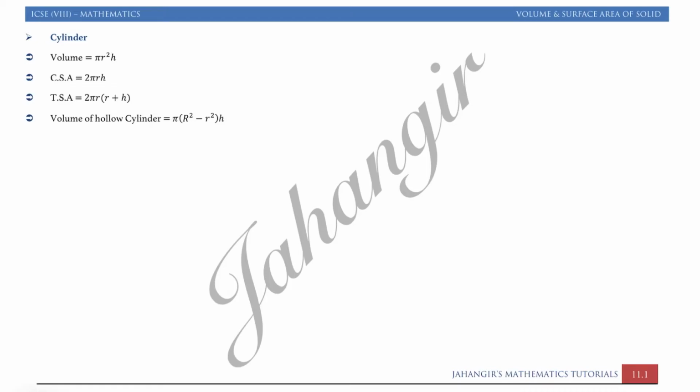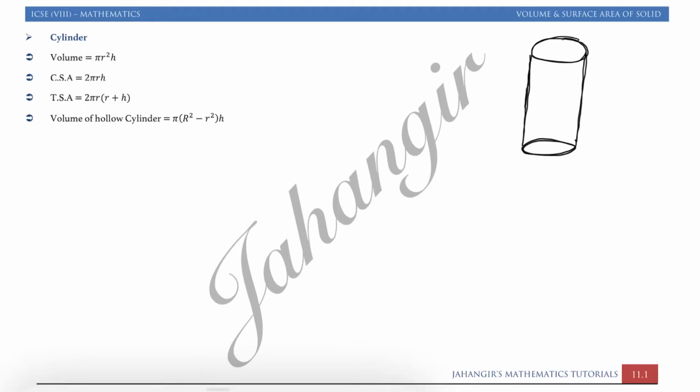We'll start with the next exercise, volume and surface area of a solid with the shape of a cylinder. You already know what a cylinder is. A cylinder is a vessel in which we have a circular base and top. The top and the base are made up of a circular shape, and we have a side surface.